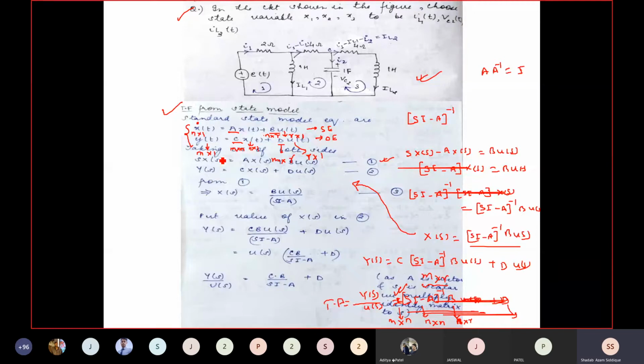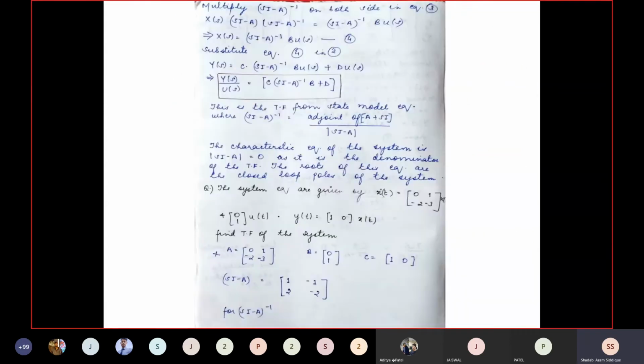So see, we have a plus sign in between. So M cross R and M cross R is matching. So the transfer function will be an M cross R matrix. Okay. So this is what we are getting. This is the transfer function, which is Y(s) by U(s) equal to C (sI minus A) inverse into B plus D. Okay, try to memorize this.